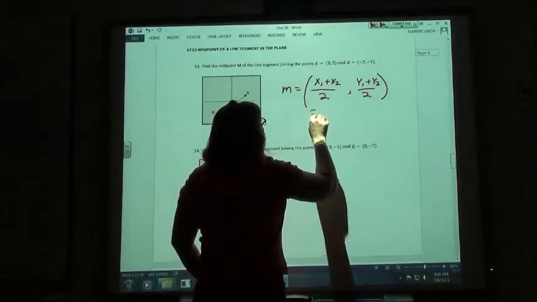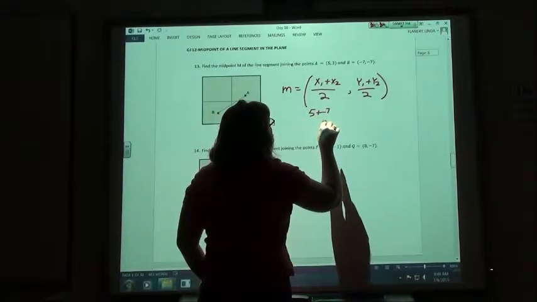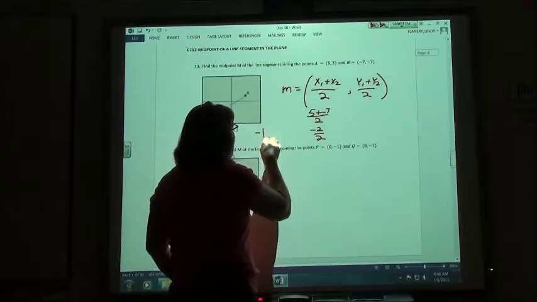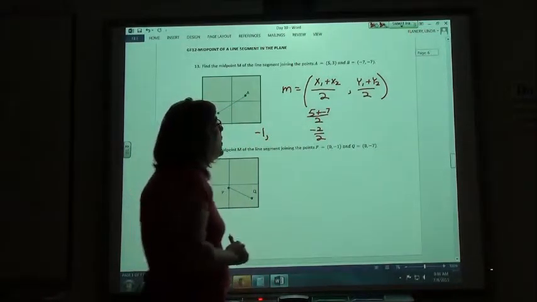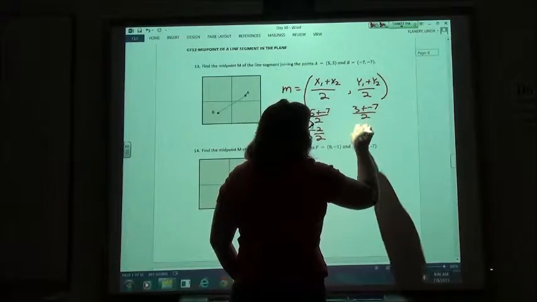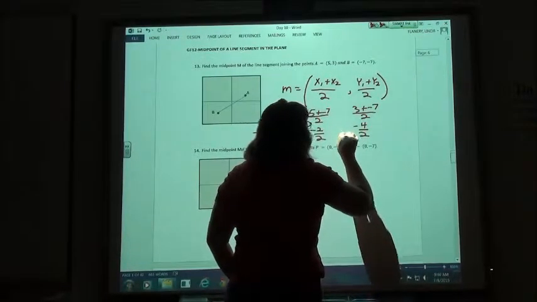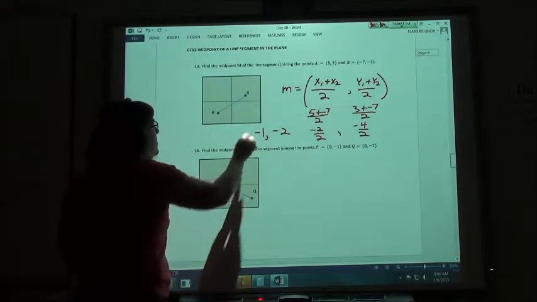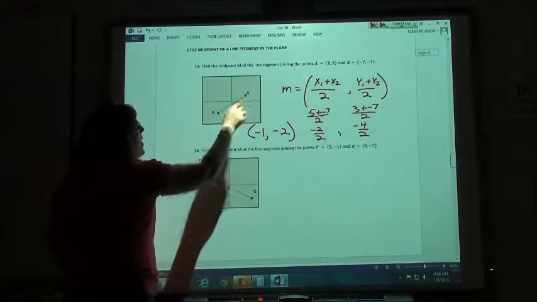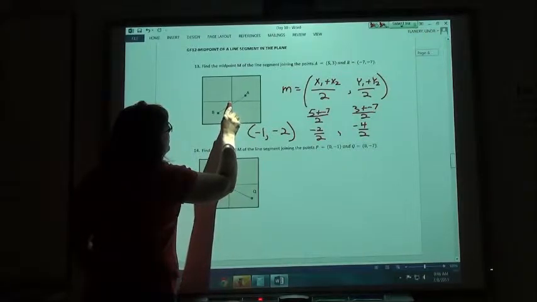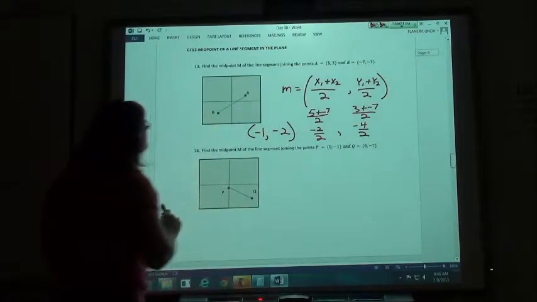So 5 plus negative 7 would be negative 2 over 2, which gives me negative 1 for the x value of my midpoint. 3 plus negative 7 would be negative 4 over 2, which would give me negative 2 for the y value of my midpoint. So if these are my endpoints, if I went to negative 1, negative 2,